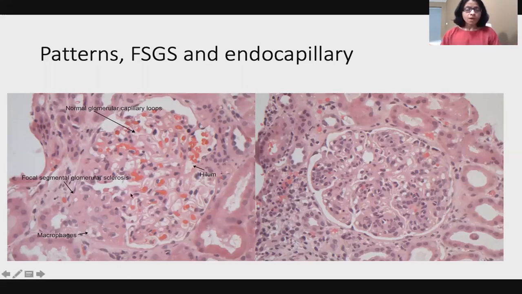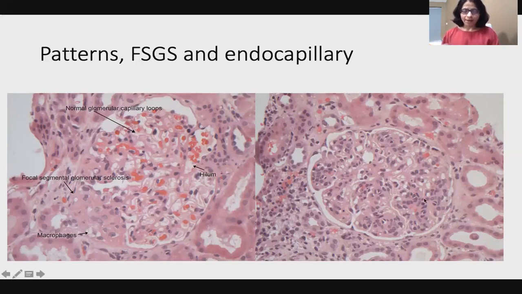When we look at this glomerulus, there is an area which looks very solid. This is a normal bit of the glomerulus, and this is the solid bit where there is deposition of collagen and fusion with the Bowman space here, hyalinosis, and you can't see the structure of the capillary loops. There's an area of sclerosis or fibrosis in the glomerulus. Again, this does not tell you what the cause is, just a pattern which you need to recognize, the FSGS pattern.